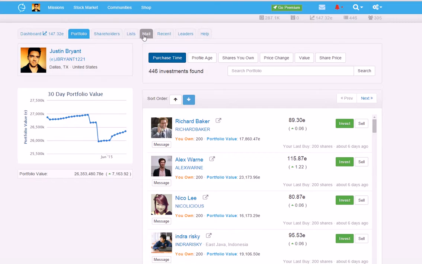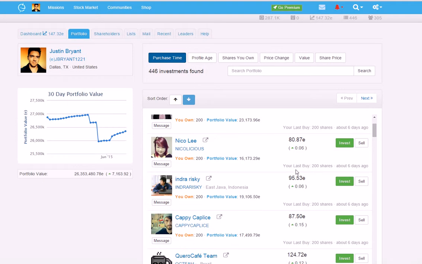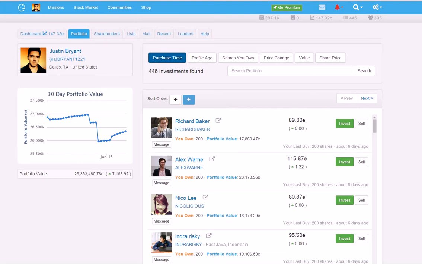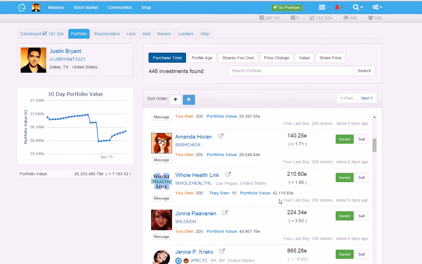And as their shares go up, as you can see, a lot of these people's shares are going up that I invested in, you make more money off of them. And then when you need extra shares, or you need extra missions to do, you just sell shares, and then this number up here will go up based on how many shares you sold. And as they go up, of course, your shares will be worth more. So that's how you get them.